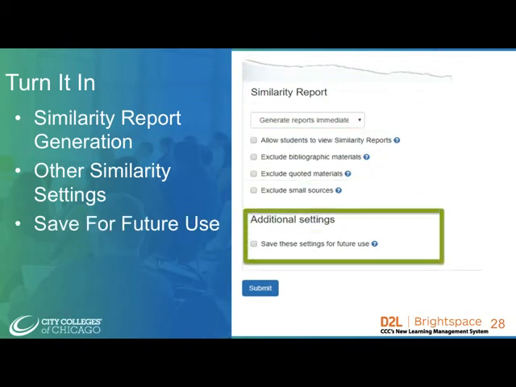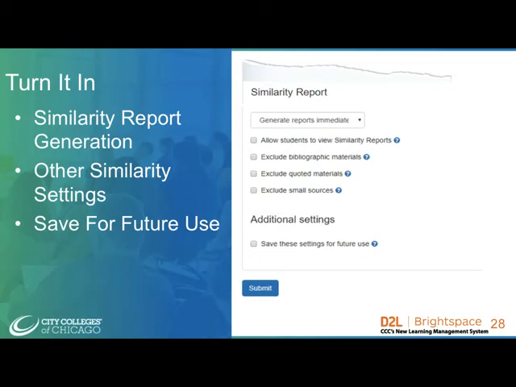Next, under the Additional Settings heading, you can decide if you want to save these settings for future use. If you do, then the settings you've created on this particular assignment in TurnItIn will be the default for future TurnItIn assignments. Now this step is really important. You have to click Submit in this TurnItIn pop-up window to save these settings. Once you click Submit, you will be done with the TurnItIn pop-up windows and you will return to the TurnItIn